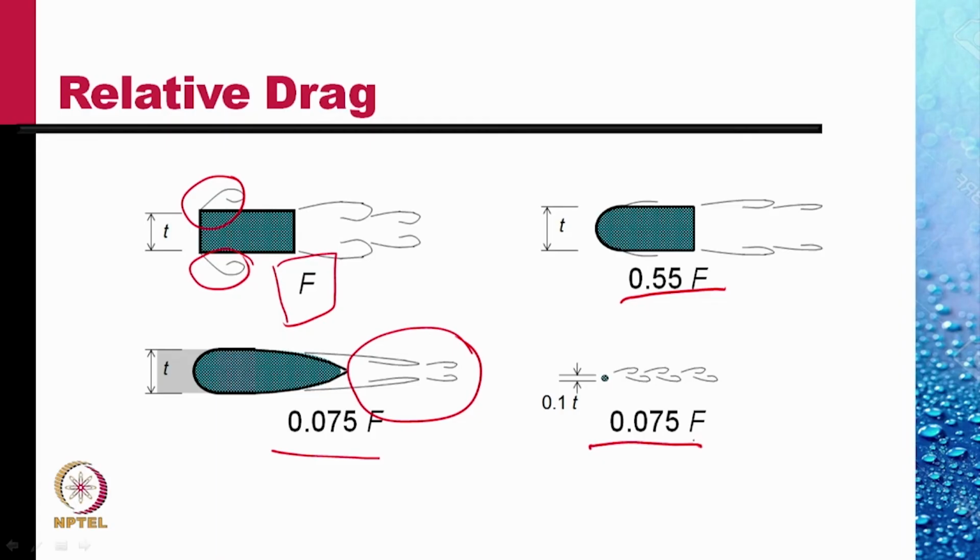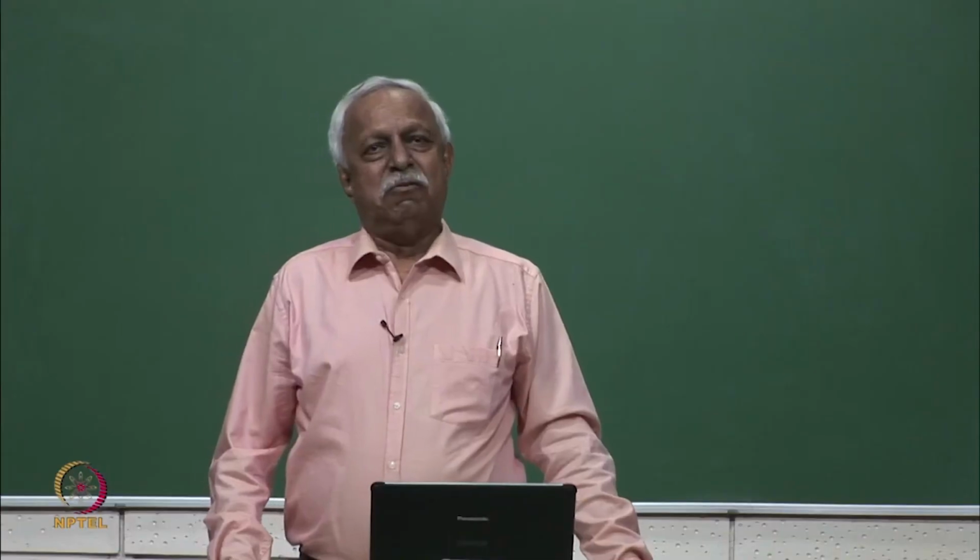So a cylindrical wire that small, 1/10 of the size, has the same drag as the tapered streamlined body in the picture on the left. Remarkable. In fact, you would have noticed that when aircraft were first invented,